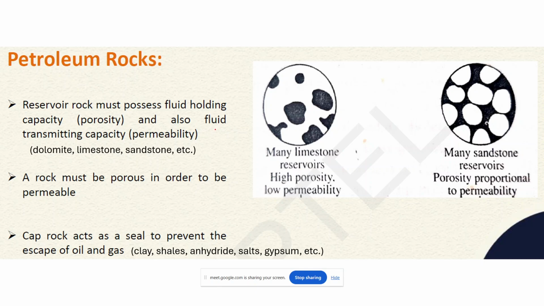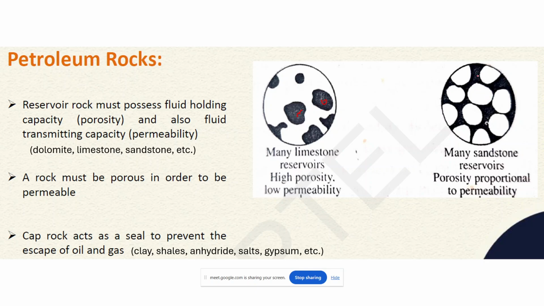This reservoir rock should have some properties to store crude oil. The basic properties required are good porosity as well as permeability. So what are porosity and permeability? Porosity means the rock should consist of numerous pores, whereas permeability is different. Permeability is the connectivity of these pores. As we can see in this one, it is porous, there are pores present here, but these pores are not interconnected. So even if oil is stored in these pores, we cannot extract it properly.